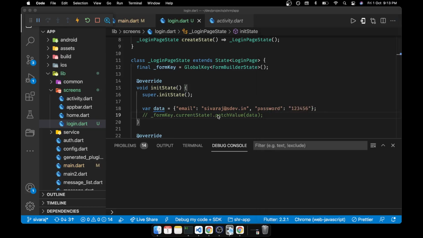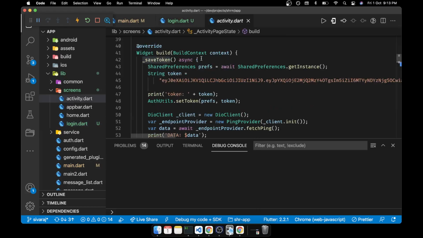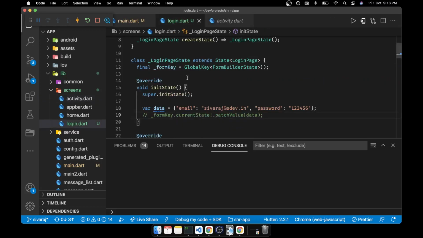Basically only this particular line is causing a problem, so we'll try to see what is happening. Maybe we might have to use a function to call that, maybe we'll try that.